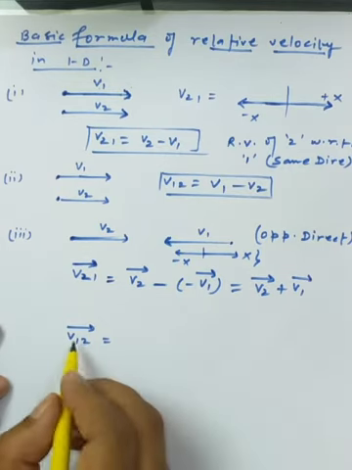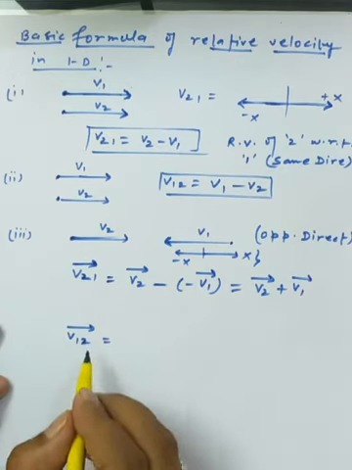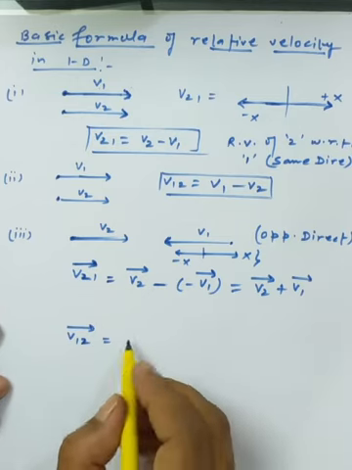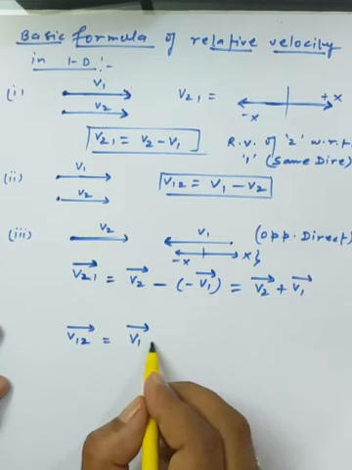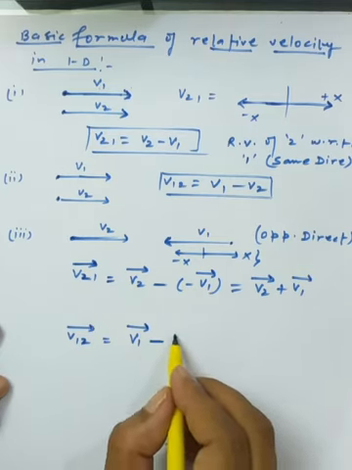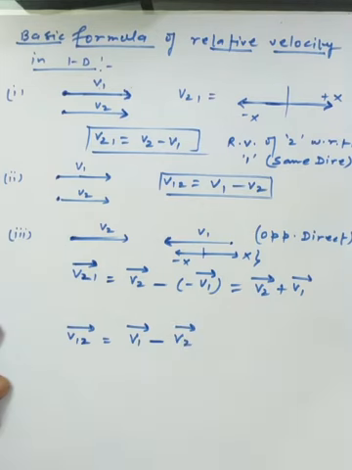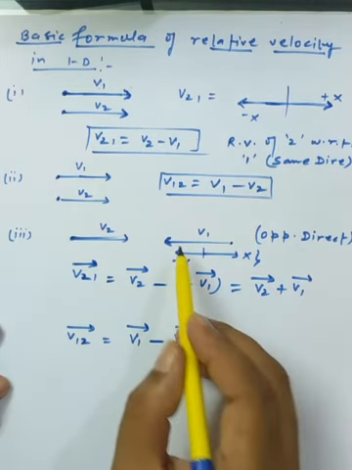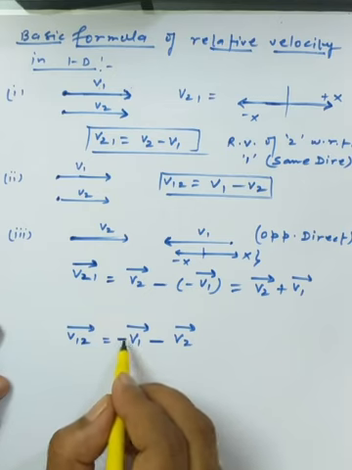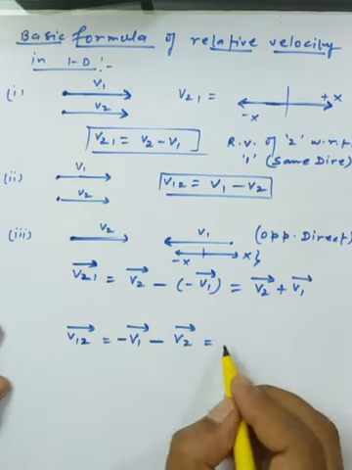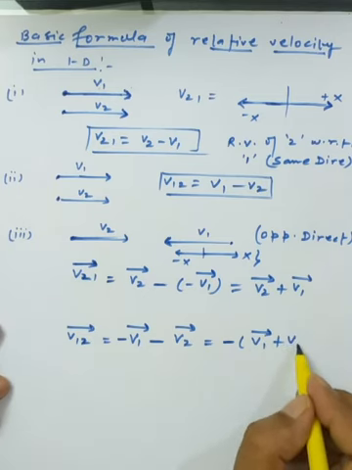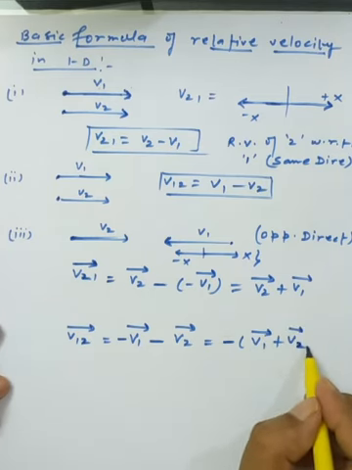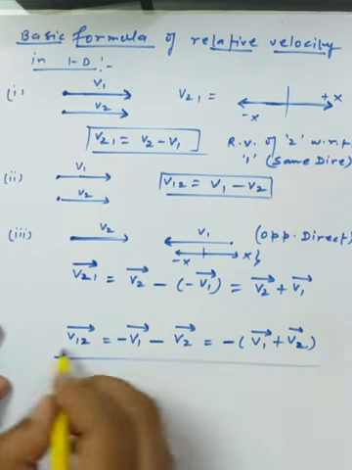Now someone is asking to find the relative velocity of 1 with respect to 2. So what should you do? We write v1 and v2, both moving, that means v1 minus v2. Now as v1 is moving along the minus x axis, we should apply the minus sign here. The minus sign is common, and then we write v1 plus v2. So this is the fundamental of this formula.